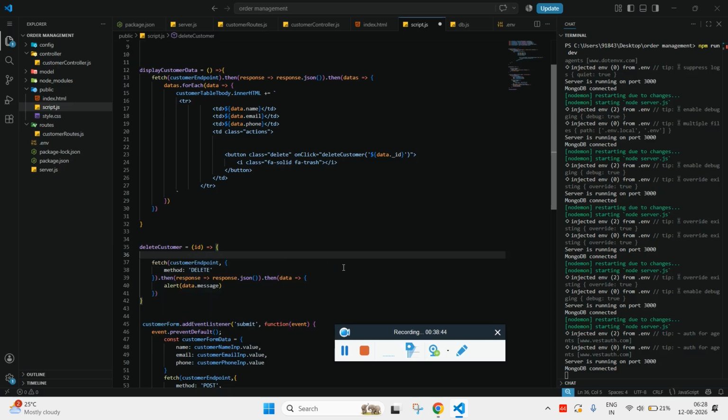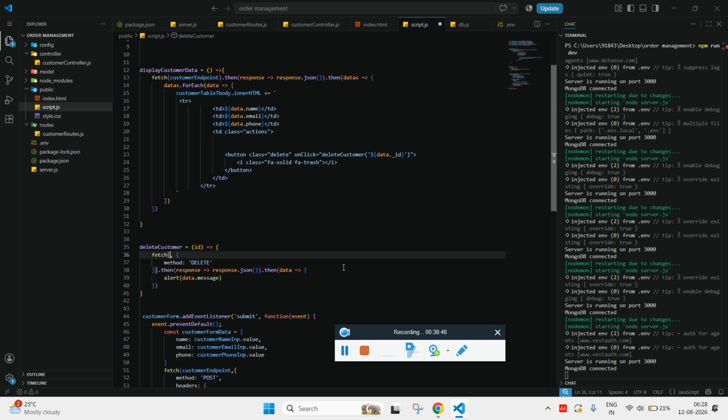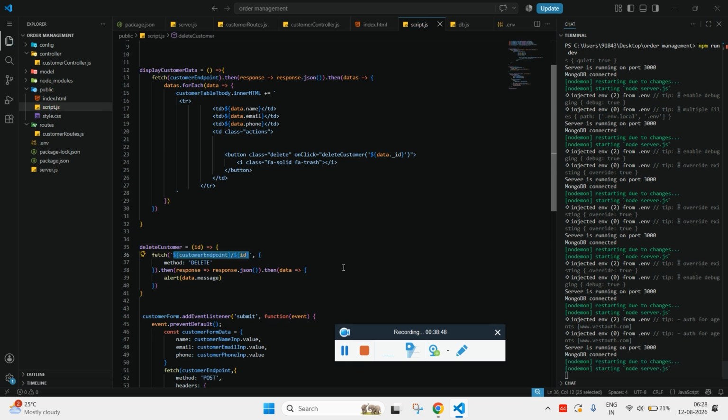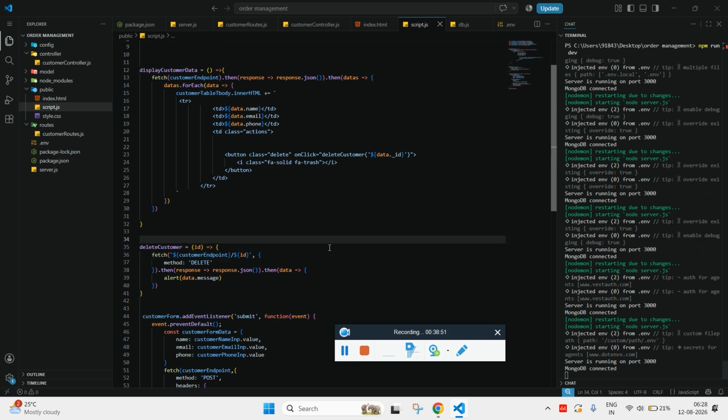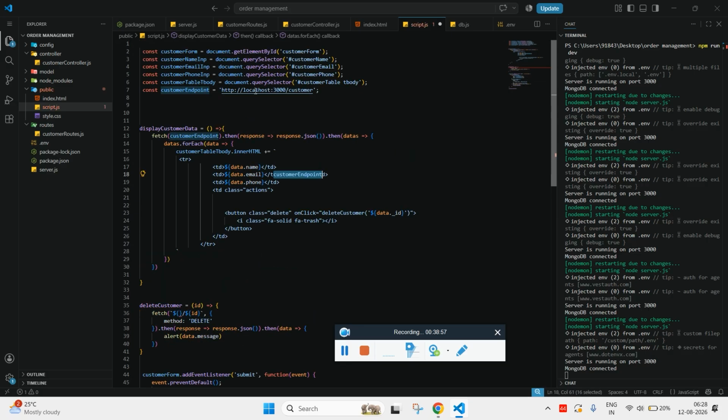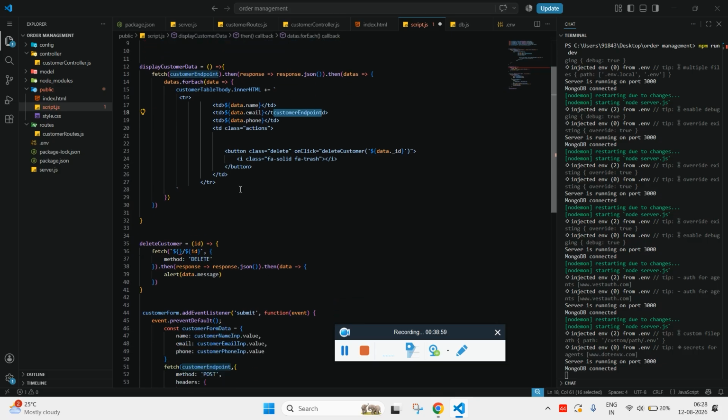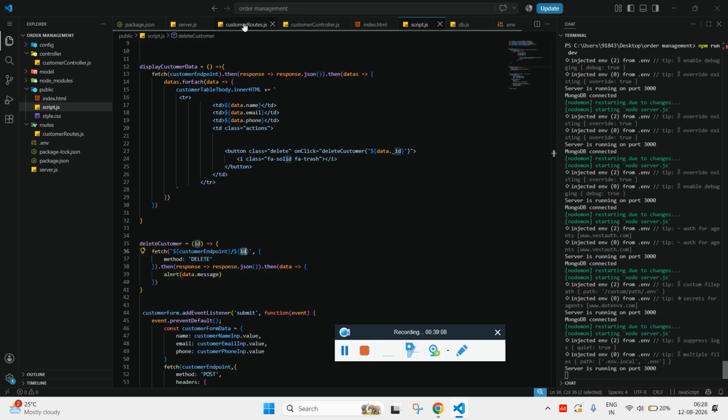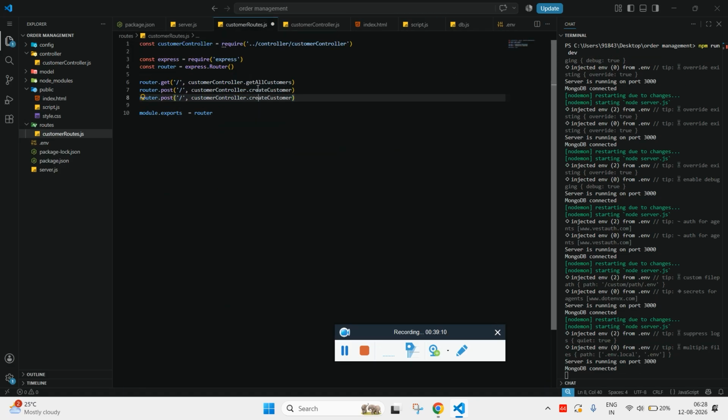So instead of this, what we can do is we can send our value through the parameter. So with the help of the customer endpoint, the customer endpoint URL is this, followed by /id, and if we are able to receive this, to receive we need to add the delete method, delete customer,